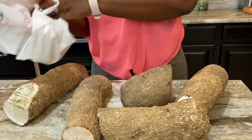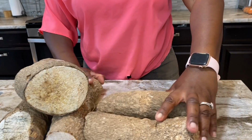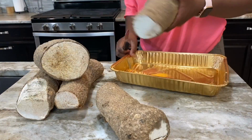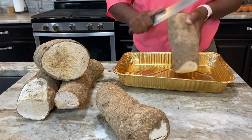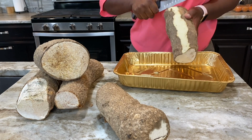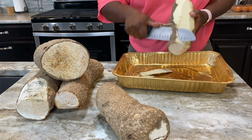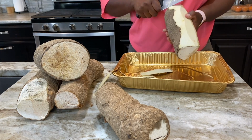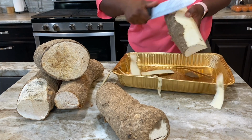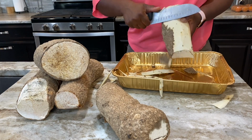I know, you're wondering, what is wrong with her? Why did she get yams looking like this? Well, these were on sale, and if you know me, you know I can be very, very frugal. Yes, if it's on sale, if it's a good deal, that is what I'm gonna get. So these yams right here, I got from the African market. A&A had deals in Chandler for $20. This typically would be anywhere like $40, but because they were like going bad, not really bad,